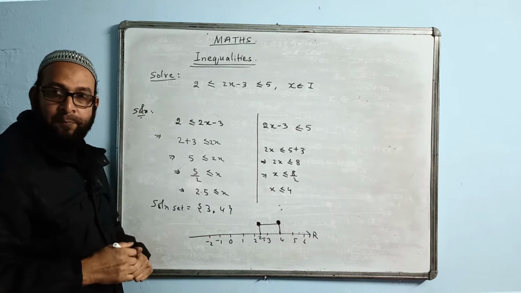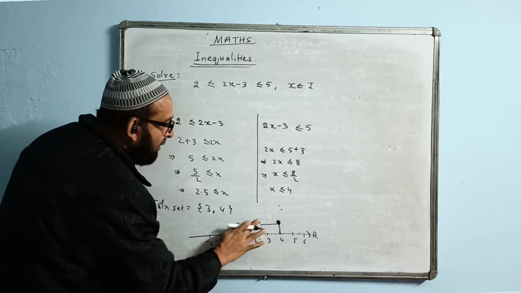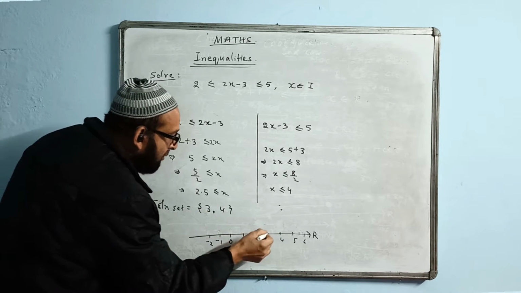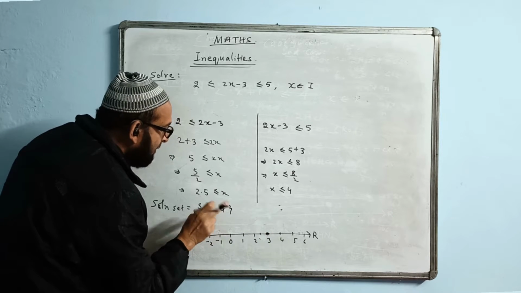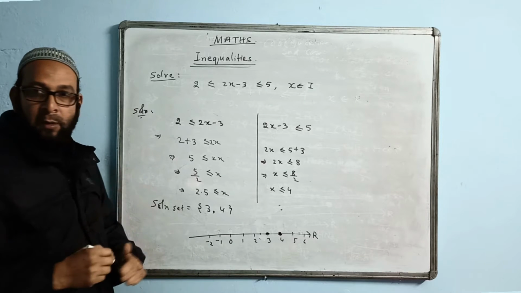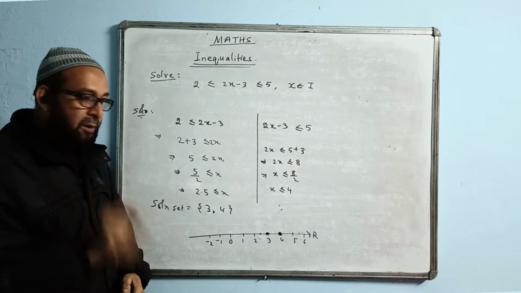3 comma 4 only. And how to show them on the number line? We show the dot only on 3 because the answer is exactly 3, so we'll show the dot on 3. The answer is exactly 4, we'll show the dot on 4, like this, separate dot, no line. No hollow dot, no thick dot here. For that specific answer we will be putting the dot on it.